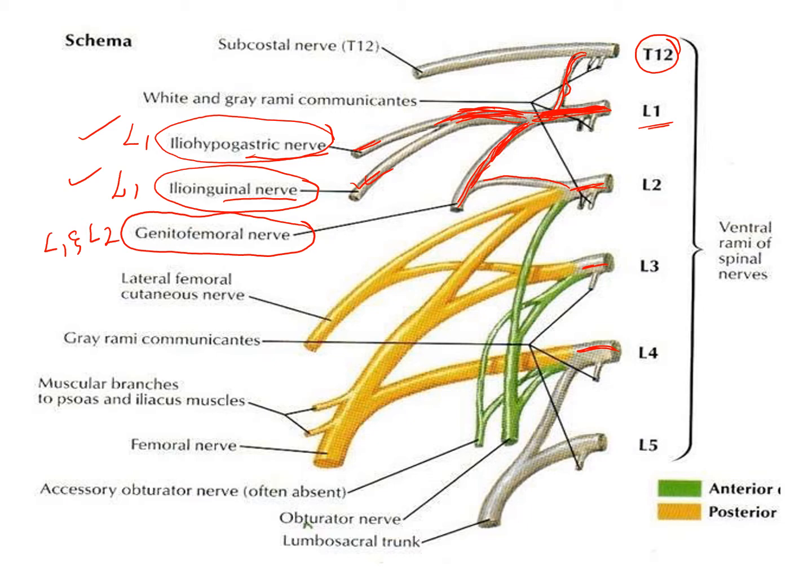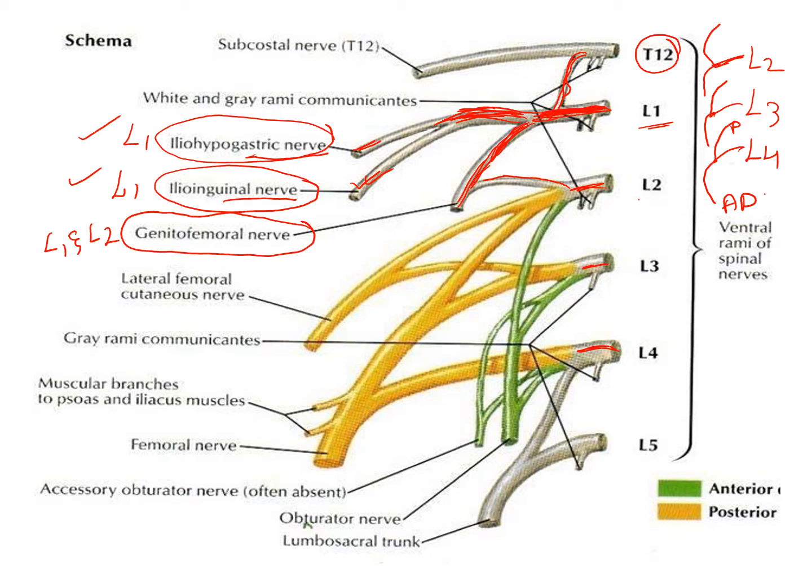Now furthermore, what happens is the ventral ramus of L2, L3 and L4 will each divide into an anterior or ventral branch and a posterior or dorsal branch. So this is the anterior and this is the posterior. Why do they divide like this? So that the anterior division will supply the anterior aspect of the lower limb and the posterior division will supply the posterior aspect of the lower limb.